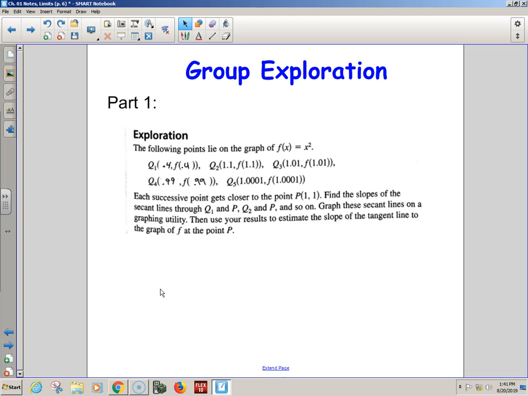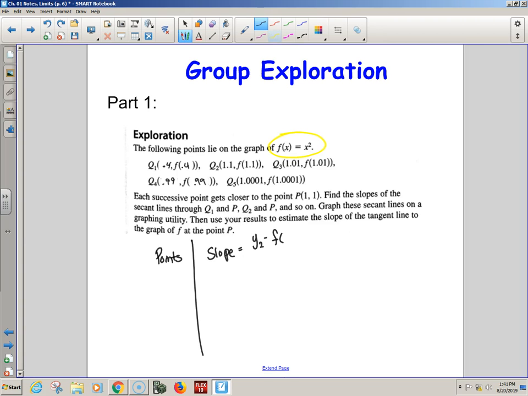Ready? So underneath, you're in the tangent line problem, right? You can go ahead and just put exploration, and here's the givens. But you don't actually need to write all of these words. You do need to say exploration, and then our function is f of x equals x squared, which is exactly what's on your paper. And then I want you to make a table. And with that table, I want you to show the points that you're using and the slope that you find using the formula